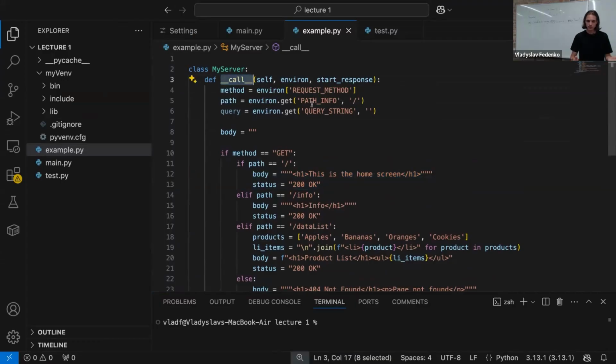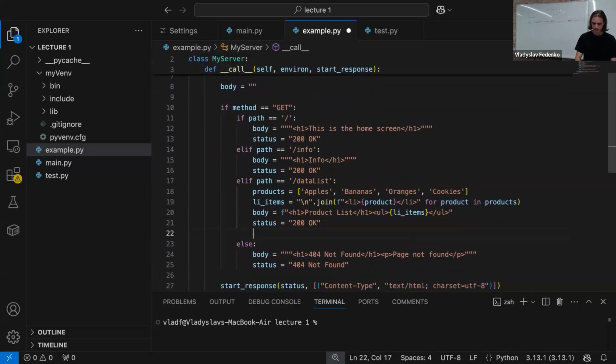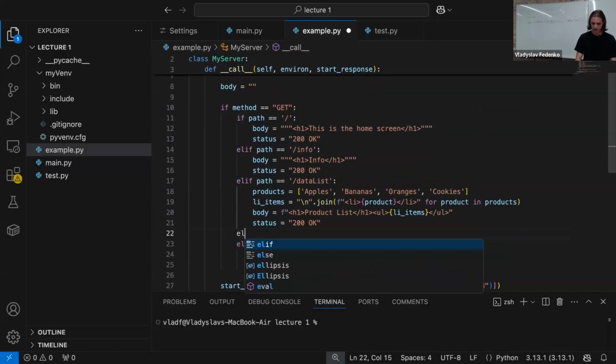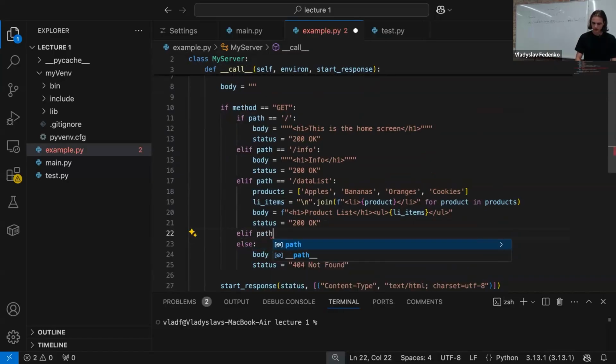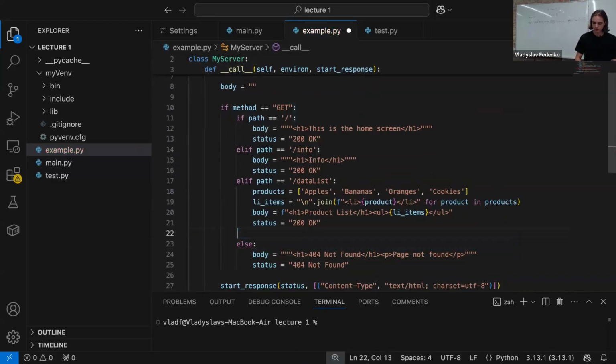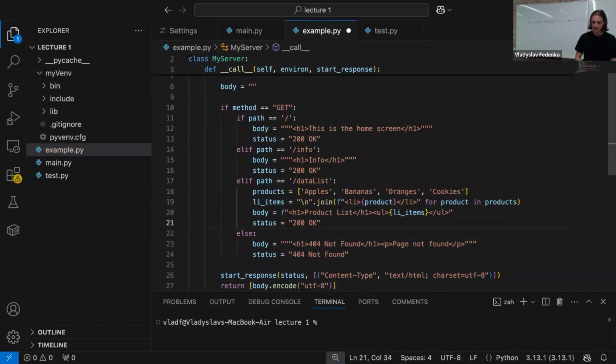So, as I said previously, if we want to create a framework for other developers to use, other developers can't go inside our code and add some elif for their custom path. They can do this, and even if they could, it would be messy and not very